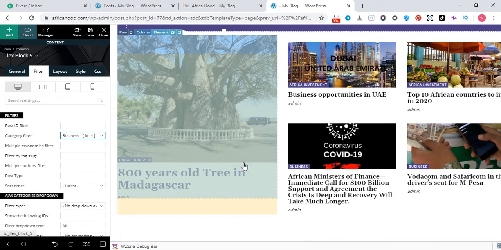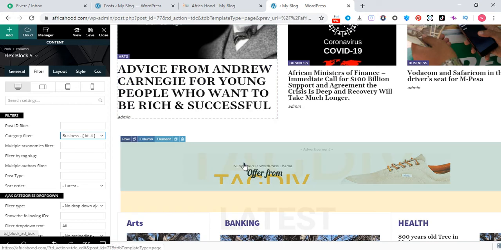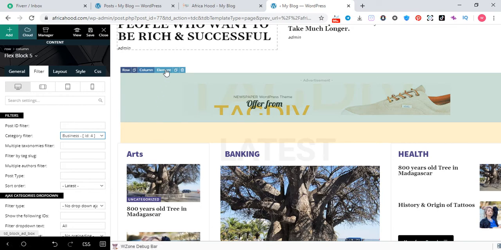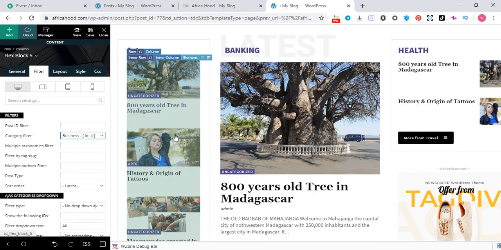You need to add more products, it will help you. This is your advertising section, this is your art section, so we need to change.